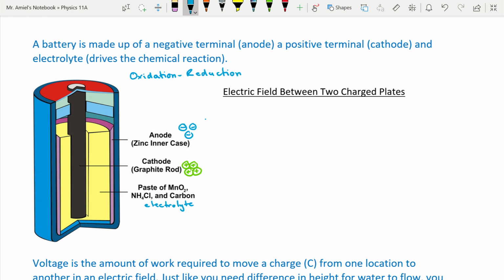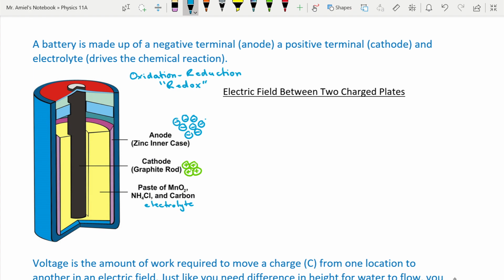So you'll do a lot about redox reactions in Chemistry 12 and then again at university. But all this is really, a reduction is you're gaining electrons, and an oxidation is you are losing electrons. So you're being reduced by negative charge, or you're being oxidized by the loss of negative charge. So we're getting this redox reaction thanks to our electrolyte, and we're getting this buildup of negative charges at the